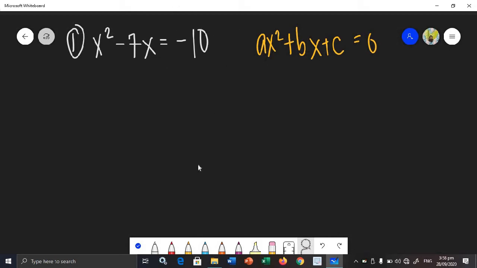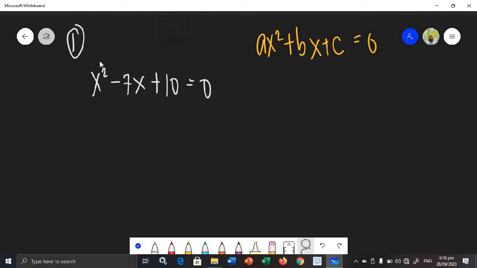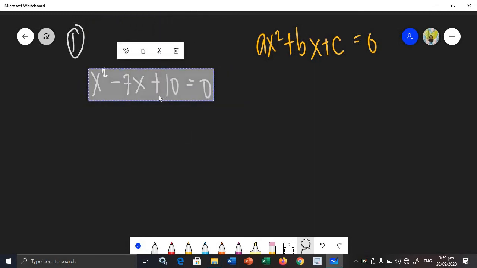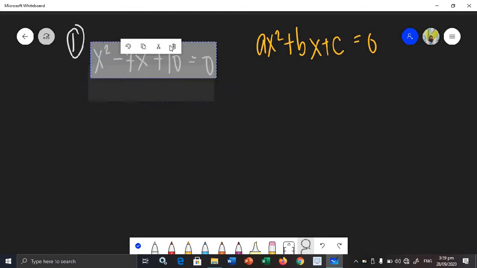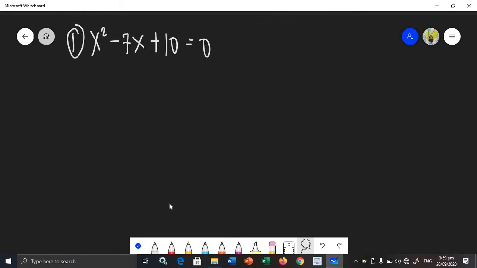So, here sa ating example, hindi siya naka-standard form. So, we need to transpose negative 10 to the left side of the equation para maging siyang standard form. So, x squared minus 7x, negative 10 will become positive 10 equals 0. This will be your new set of given. So, now, I can delete this part and then proceed in using the new set of givens. I'm going to move that and then delete this part. Now that we